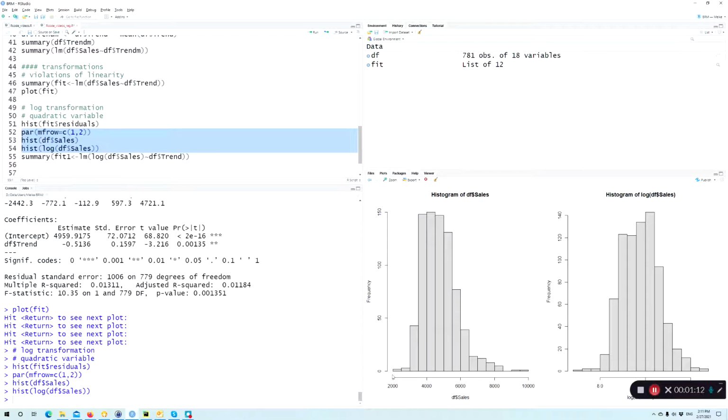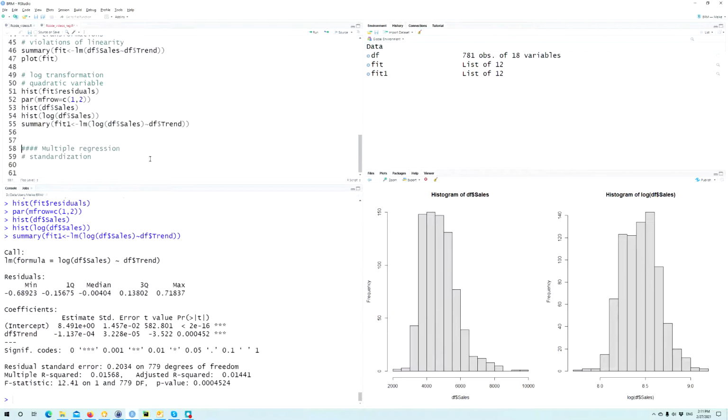As you can also see, the scale now runs from the original scale of 2000 to 10,000, but the log scale is actually from less than 7 until a little bit above 9. So that's really a much smaller scale. Now, if we take the simple regression again, we have to interpret these coefficients not in terms of the actual sales, but in terms of the log of sales, which is hard to understand. That's why usually we take the exponent of the predicted values to get back to the actual